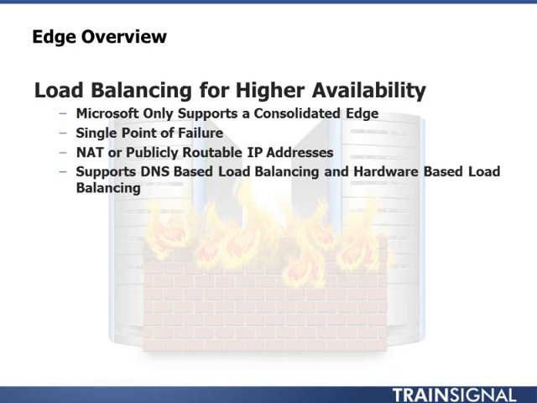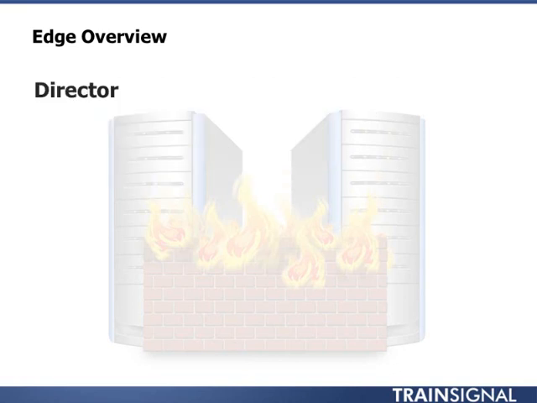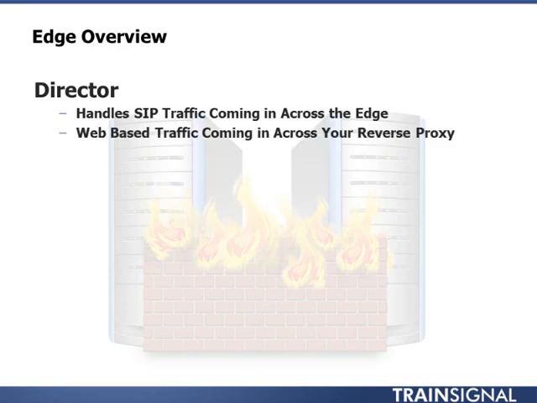But if you are using NAT, it has to be one-to-one, one public IP address to one private IP address. With the prior version of Lync, Lync 2010, Microsoft had a role called the director. And traffic coming in across the edge server or your reverse proxy could take an extra hop through a director server role. So more specifically, this would handle SIP traffic coming in across the edge and web-based traffic coming in